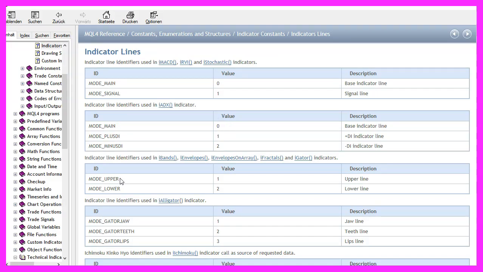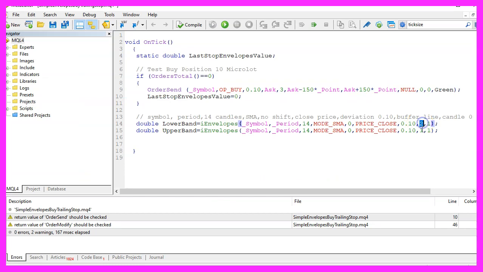If you open the reference, you will see that the iEnvelopes function uses mode upper or mode lower, or the values would be 1 for the upper line and 2 for the lower line. That's actually what we are using here. The last value here is for the candle number. We are going to use candle 1.